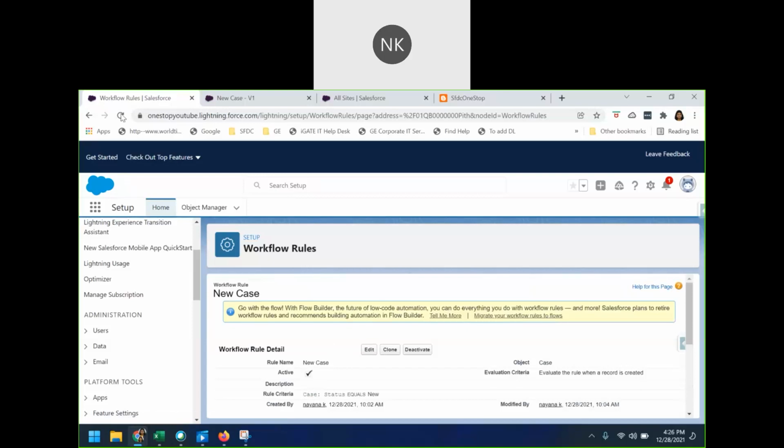Here you see, whenever you open the sandbox, there is a notification icon which says go with the flow. With Flow Builder, the future of low code automation, you can do everything you can do with workflows and more. Salesforce plans to retire workflow rules and recommends building automation in Flow Builder. As a part of Winter 23, I guess,